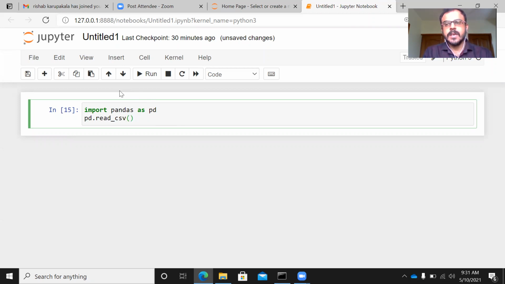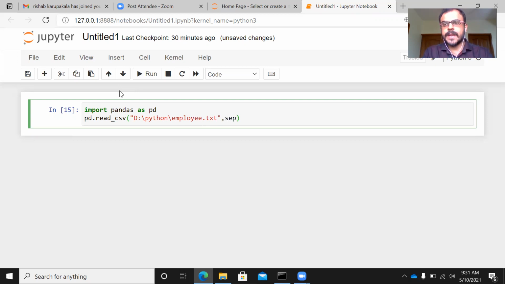Let me just open the parenthesis, and within quotes, I will be specifying the location of the file. The file is located in D drive, Python. And here I have to give the name of the file, employee.txt. This is sufficient for us to import the file. But in many cases, just to be on the safer side, you can specify two additional arguments.